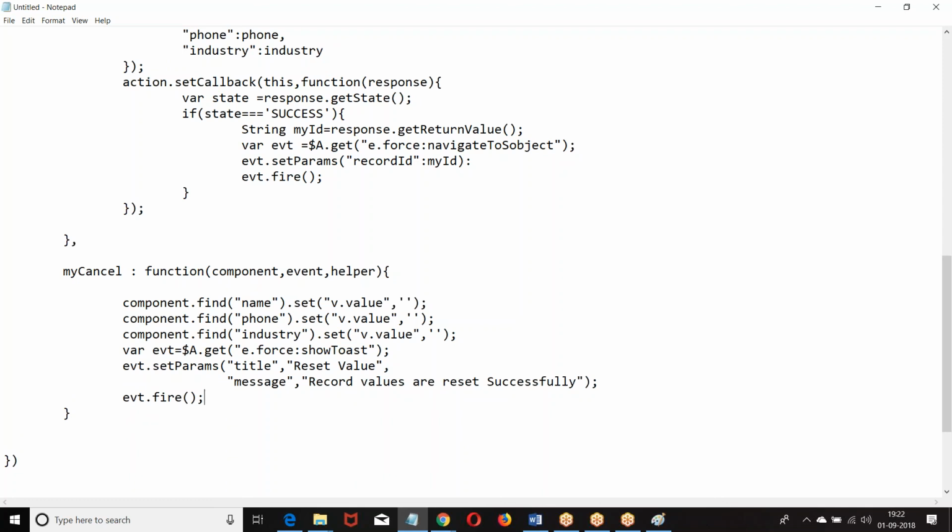So this is giving complete customization of your standard functionality. So when you click on the new button, the custom page is coming. I am entering the data, clicking on the button. When you click on the button, the record will go to the server, save the record, and navigate to that particular record. When you click on cancel, it resets the data and shows the toast message. Alright, I hope you are good with this overall combination of what we have done earlier and what we have got today, all together in one example. Right, boss? So make an attempt from your own end to create one or two examples.